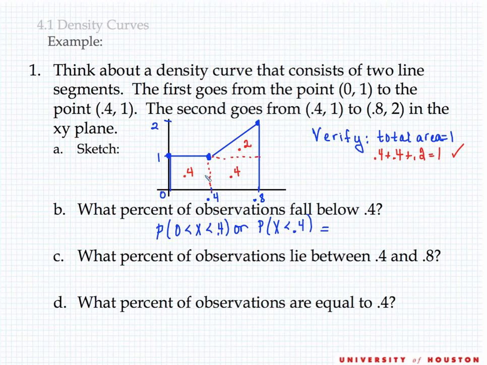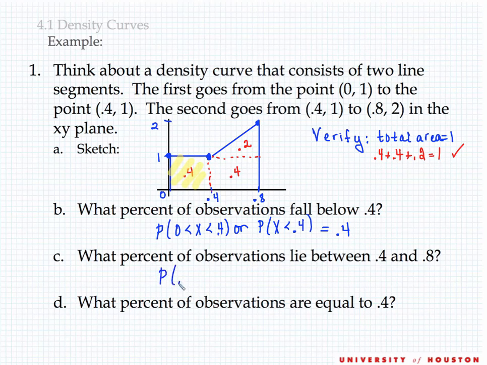And so that would be equal, under a density curve, when we talk about probabilities or percents of observations, we're talking about the area under the density curve. So the area for less than 0.4 is this region right here,